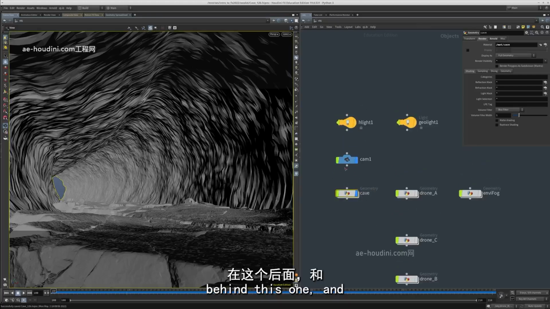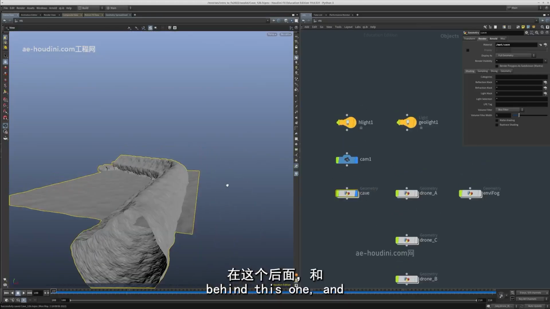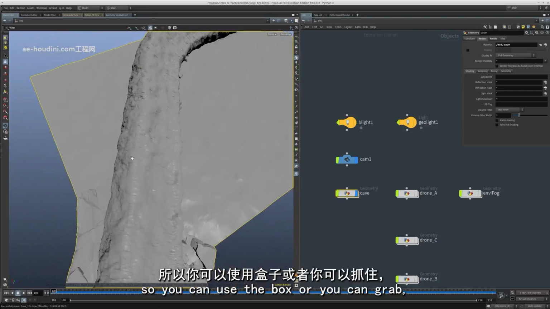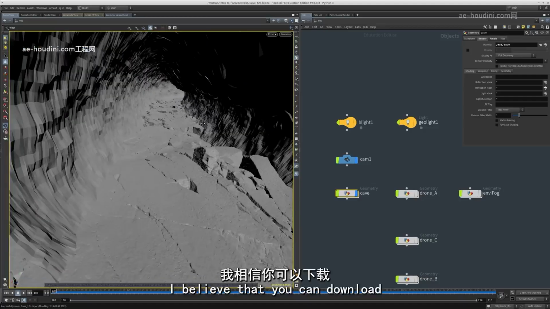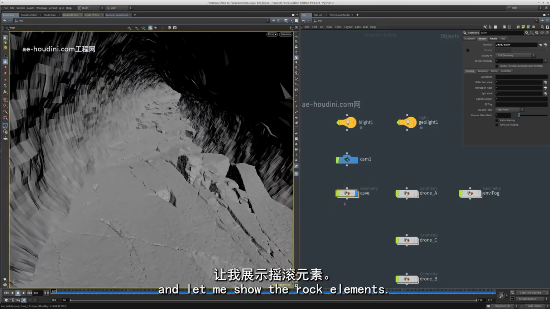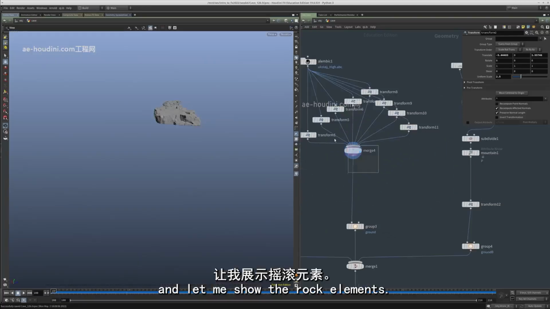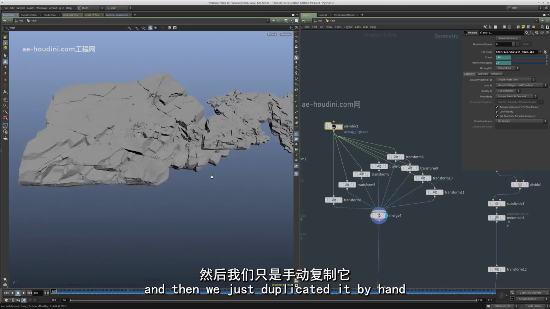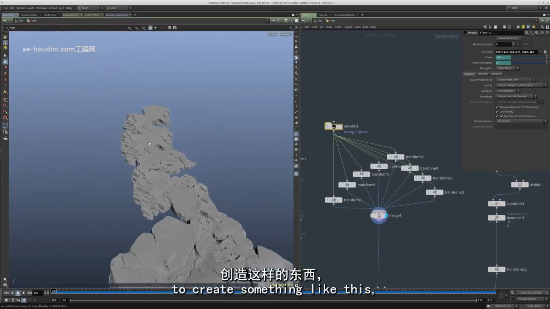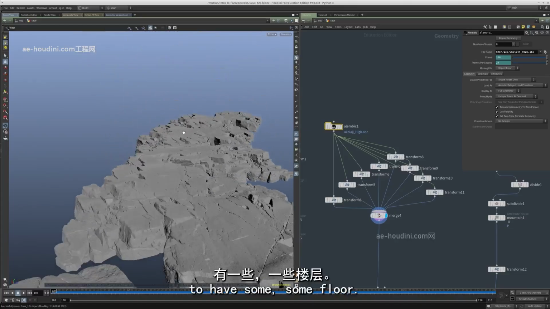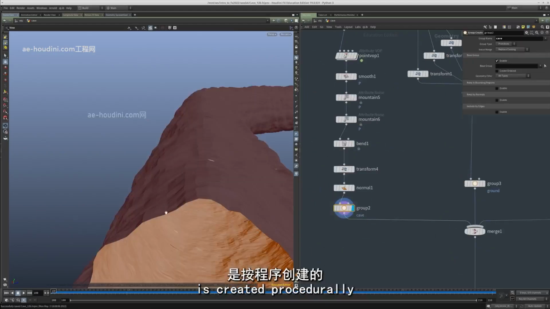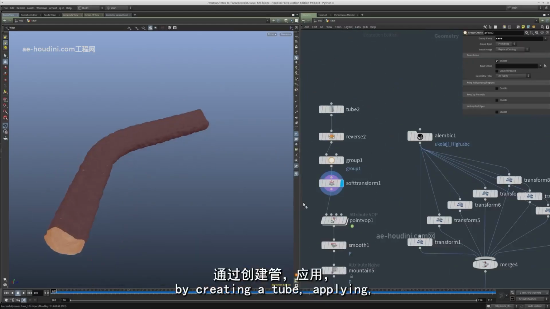Let me hide this one. And we use a rock element from Megascan. So you can use a box or you can grab, I believe that you can download free stuff now. And let me show the rock element. So this is the rock we've used, and then we just duplicated it by hand to create something like this, to have some floor. And then the tube or the cave itself is created procedurally by creating a tube, applying